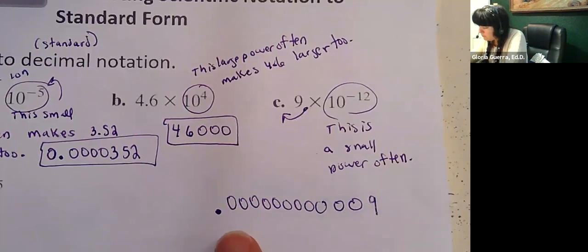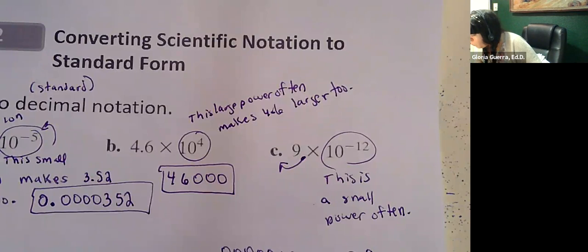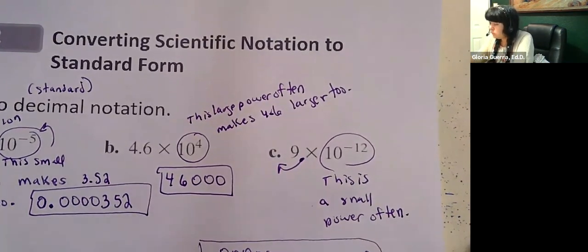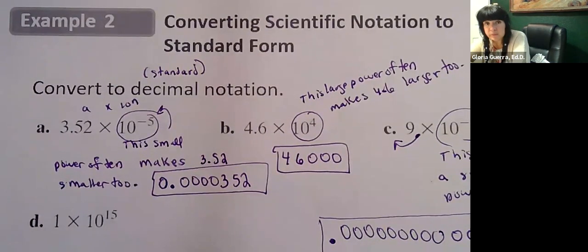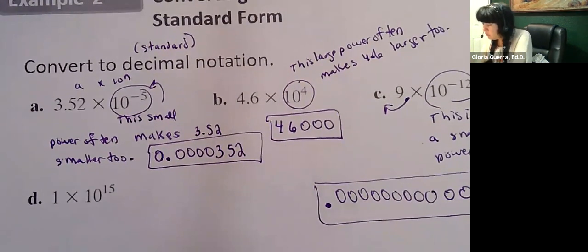Then that 9. Okay, so let me double check that. It looks good. 11 and then the 9. Okay, that's good. Okay, and then let's see. 1 times 10 to the 15. Okay, so